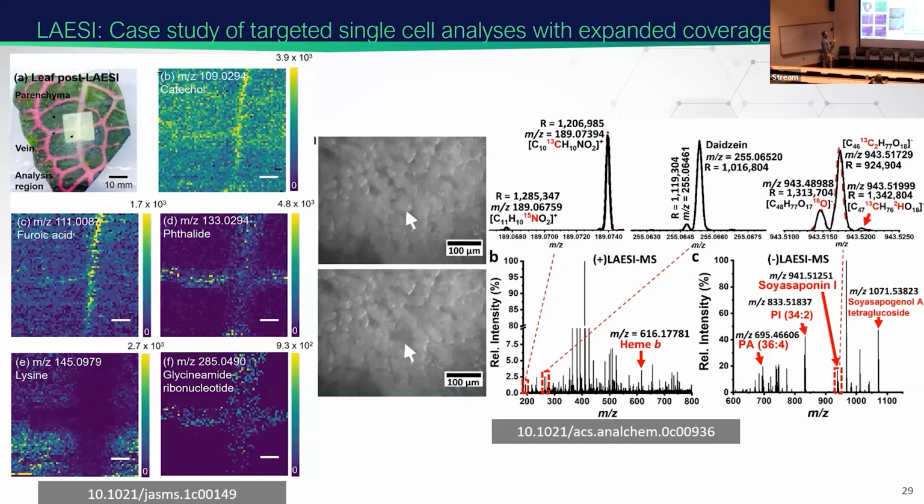And finally, another technique we can do is laser ablation electrospray ionization, LAESI, which is another acronym, but we can do some very interesting targeted single cell metabolomics. We're showing a picture here from a soybean root nodule. There's one cell here, and after the ablation, you can see that tissue is gone. That tissue is then subsequently desorbed and ionized, and we can detect from these single cells all of these different